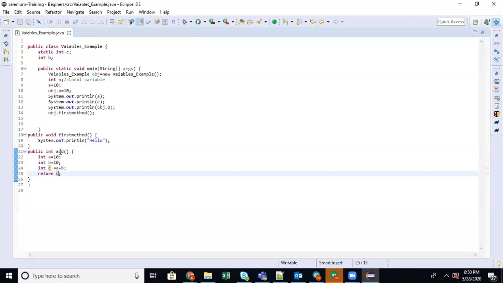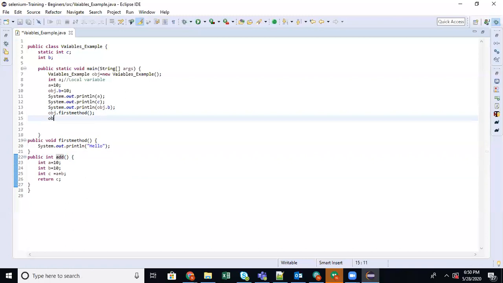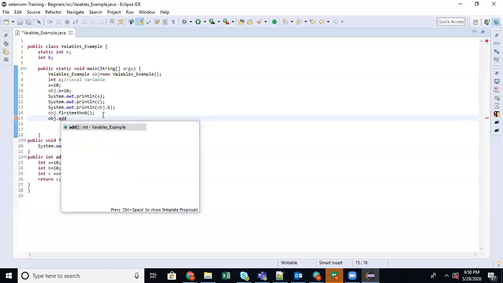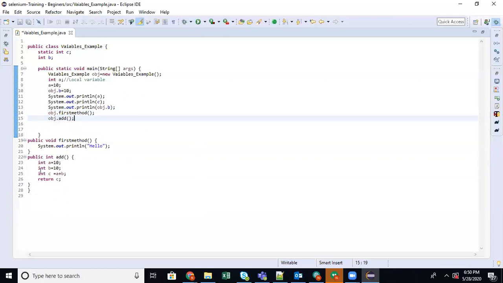Okay. Now how do we call this method? By using an object. I've already created an object. When I create the object, it will initialize the instance variables and hold all the methods. So if I want to invoke this add, I will use object name dot add. So this will activate it. It is like switching on your light. The light has functionality, but it will not burn until you switch it on. Like that, until you call through the object, your method will sit idle. It doesn't do any function. So when you call, it will execute stepwise and return the value here.